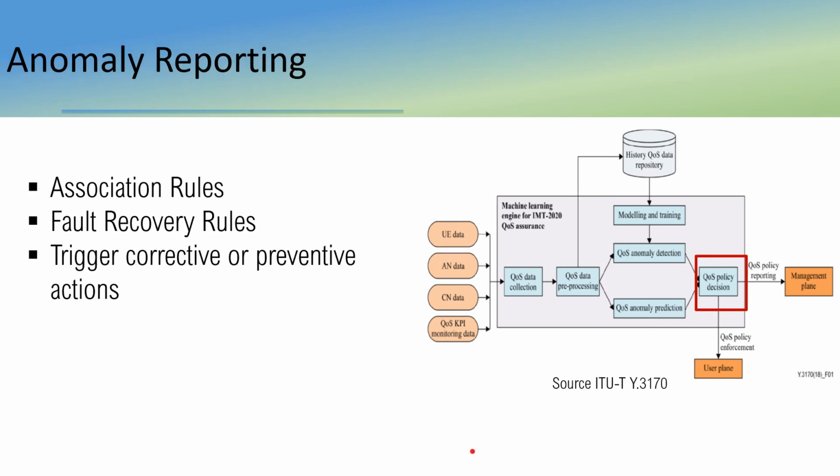Once the anomaly is detected, it needs to be associated with the alarms and network configuration. So this is typically done using association rules and fault recovery rules. After this, the system needs to generate an event to the NOC with the right level of details. So the NOC can then analyze the root cause and trigger the corrective action. The system can automatically decide the alarm root cause and trigger the fault recovery action, that is one option, or it may raise an alert to the operator and fault recovery is initiated after the approval by the NOC person.